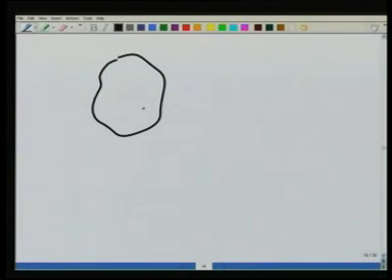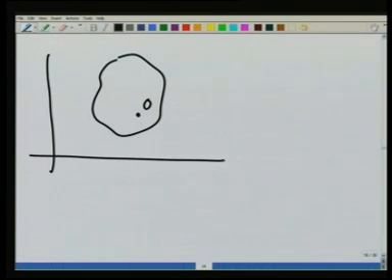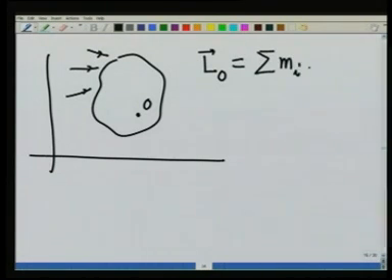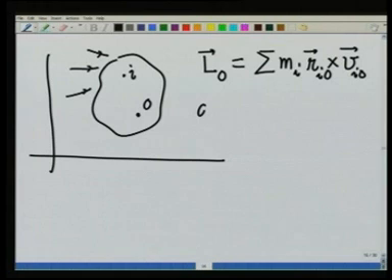So, let us take a general point O and a body that is being applied by several forces, and let us calculate the angular momentum L about O. This by definition is going to be summation m_i r_i with respect to O cross v_i with respect to O, where i is some general point, and therefore dL_O